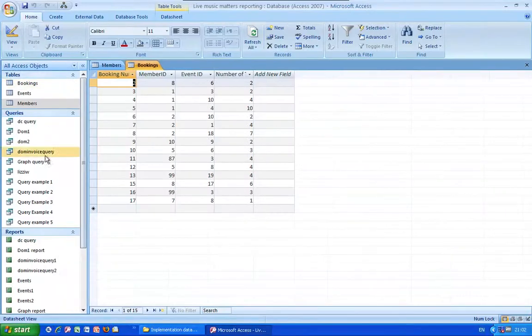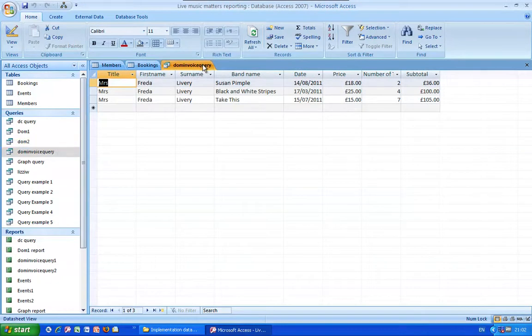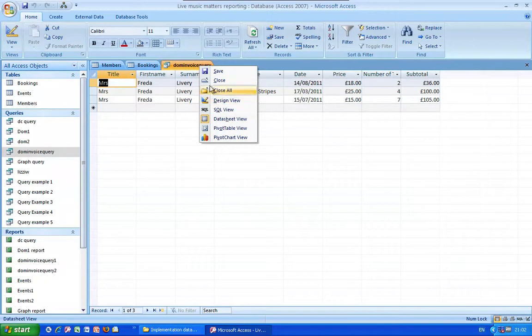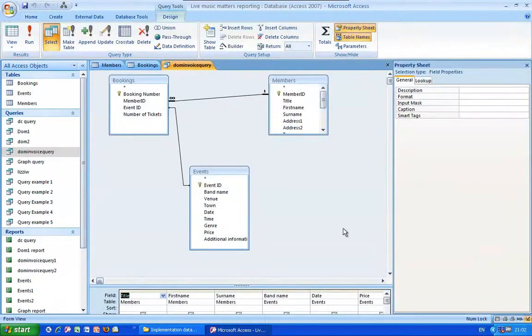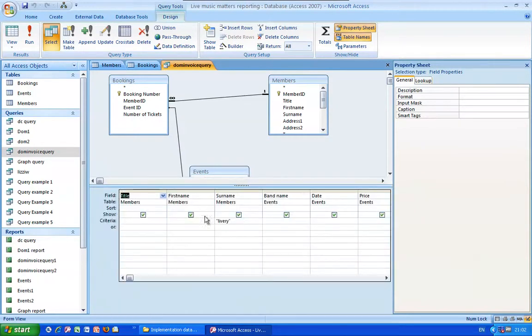So I'm going to go back to my original DOM invoice query here, which was written for free delivery. And we're just going to go into the design view and let's just bring up the design here. So all we're going to do is, where I've written livery to get free deliveries data, I'm going to get rid of that and I'm going to put in square brackets, and then I'm just simply going to type a message. So please input member